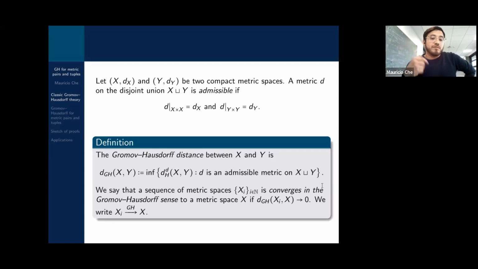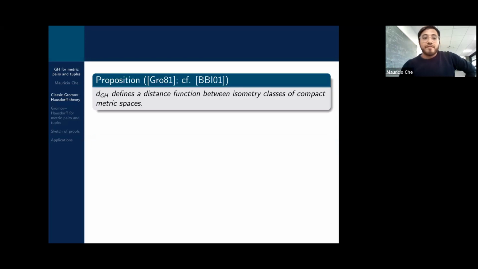Yes, and then, as I said before, this also gives us a notion of convergence. We say that a sequence of metric spaces Xi converges in the Gromov-Hausdorff sense, or is Gromov-Hausdorff convergent, to a metric space X if the distances converge to 0, right? And we write something like this. Okay, so yes, this thing defines a metric or a distance function between, to be more precise, isometry classes